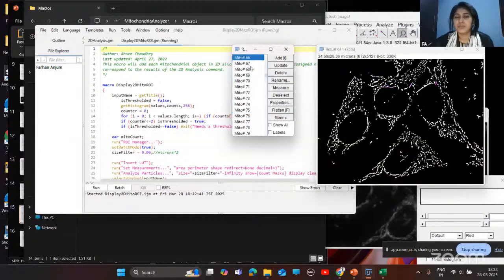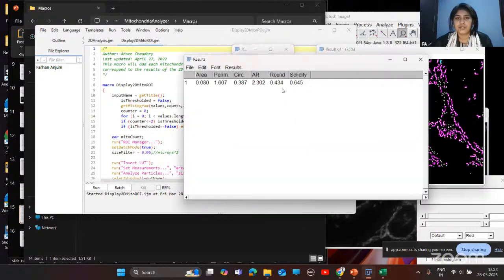So if you want to analyze manually, or if you want to analyze a particular filament based on where is fission and where is fusion of these mitochondrial filaments. So by selecting this or this, you just need to, okay. So here you can select particular filament.